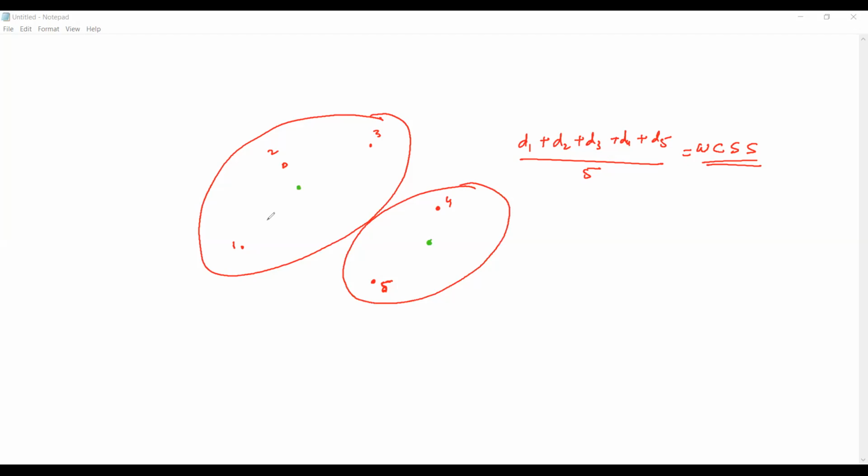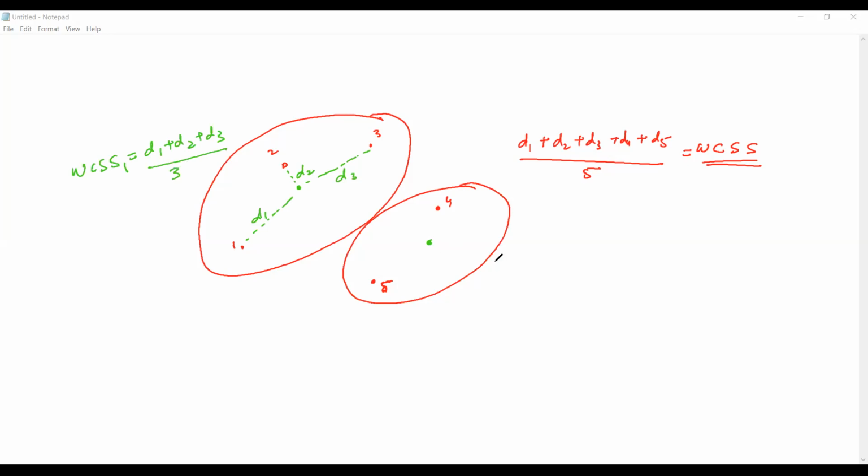Now, what happened? For first cluster, this is D1, D2, D3. So for this cluster, your WCSS1 is D1 plus D2 plus D3 divided by total number of points, that is 3.